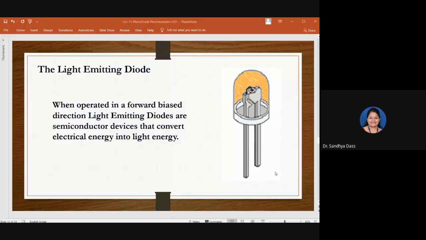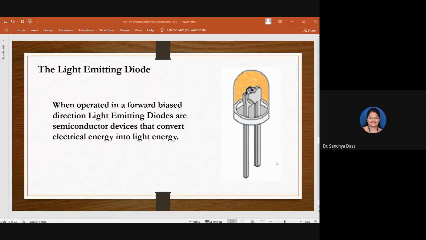Because of this thin layer, a reasonable number of these photons can leave the junction and radiate the colored light as the output. Semiconductors with a band gap close to 1.8 electron volts are ideal materials for LEDs. They are made with semiconductors like gallium arsenide, gallium phosphide, or gallium arsenide phosphide, etc.